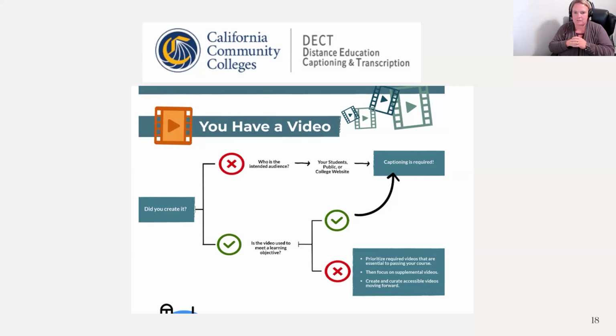Okay. This is just a graphic that helps you with the consideration for submitting to the DECT grant. If you have a video that you created, as I said before, we're really focused just on instructor created content. And so obviously that would be yes. And then you go to the next area and it says, if it's video recordings that are, what is it?